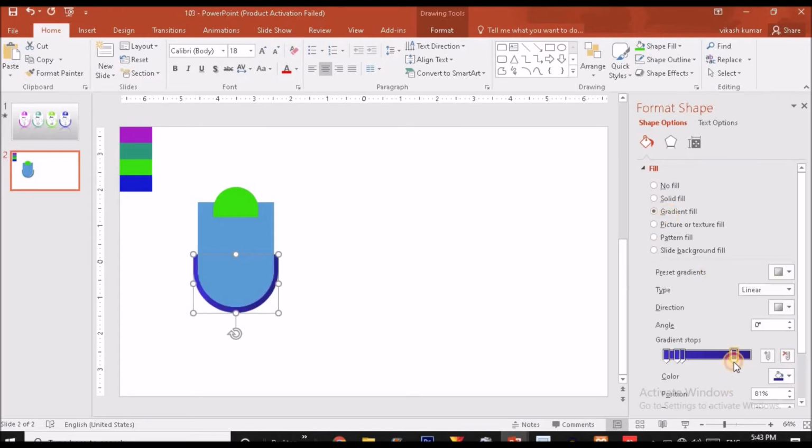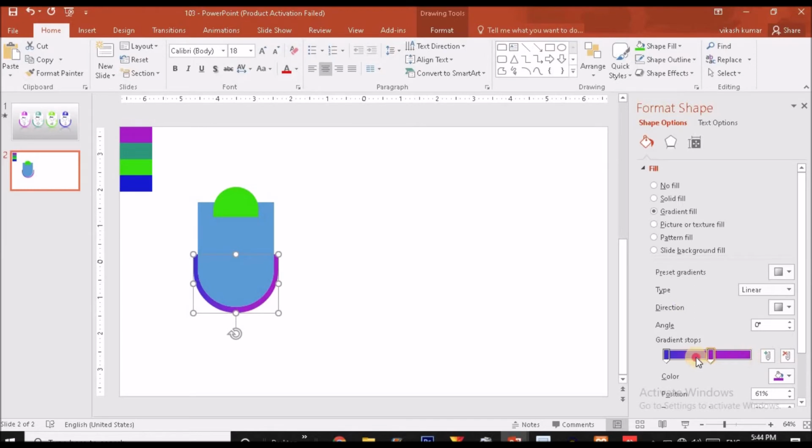Now we don't want these extra handles over here, so I'm going to delete them. We want only two handles over here. So I will put this on left and put this on right. So for this shape, for the right handle, I will choose this shape.